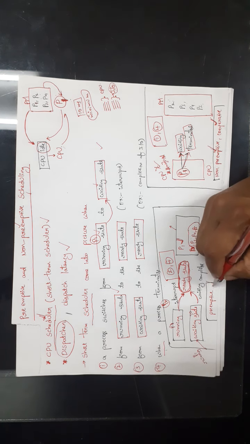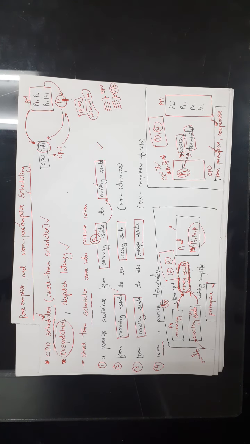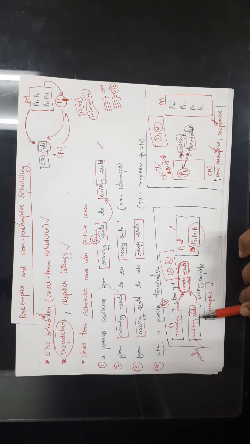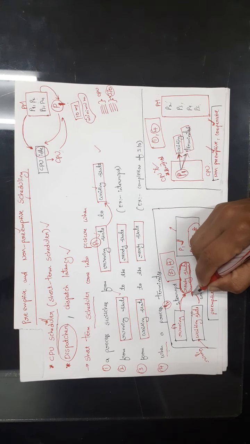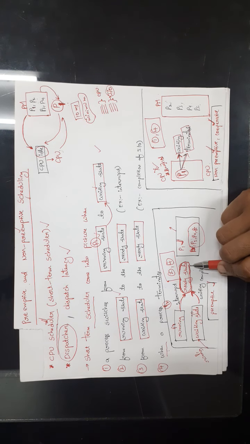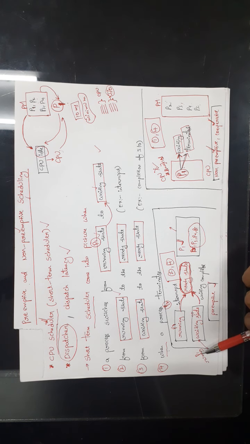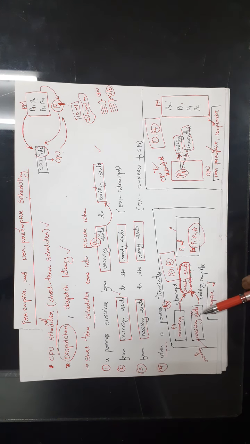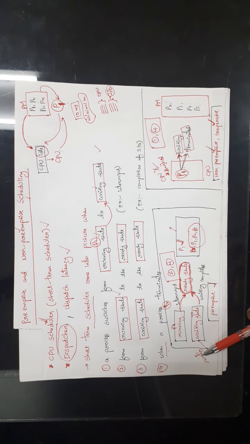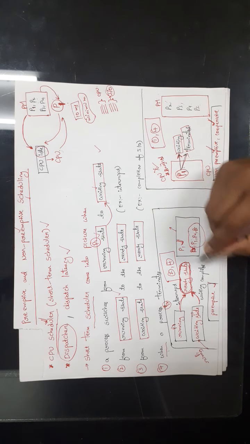So this is called preemptive scheduling, because if you observe, actually P1 was in running state. After finishing the waiting state, it has gone to the ready state, right? Then actually we have to take P1. Actually CPU has to be assigned to P1, because from running state it has gone to the waiting state, then from waiting state to the ready state. So actually we should assign CPU to process P1, but what we are doing, we are preempting. That means we are forcibly taking the CPU from P1. So it is called preemptive scheduling.